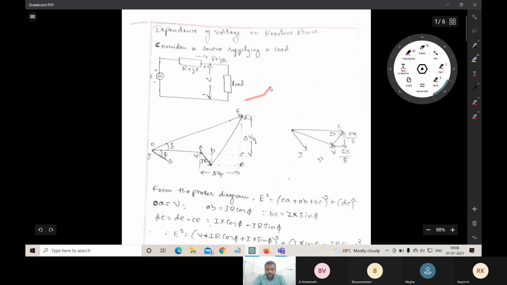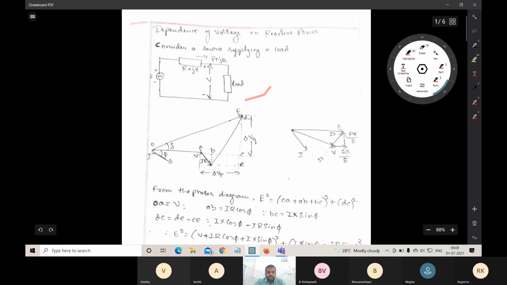This is the phasor diagram. I will explain how to draw the phasor diagrams for the inductive load. Similarly, this is the phasor diagram for the load as capacitive, since the current is leading the voltage, and similarly the current lags the voltage. So this is for lagging current, and this is for leading current. Now if the load is lagging in nature, how do we draw the phasor diagram?